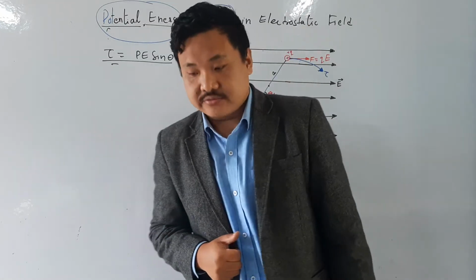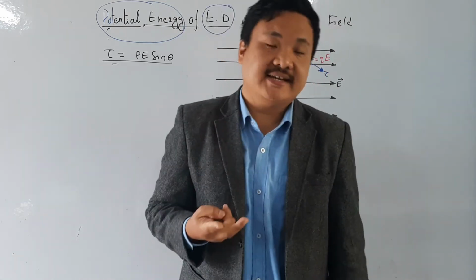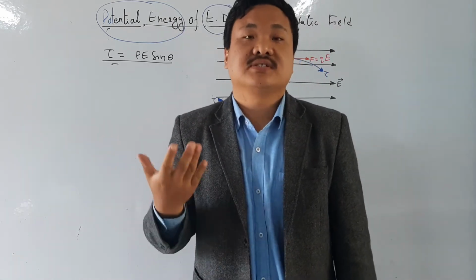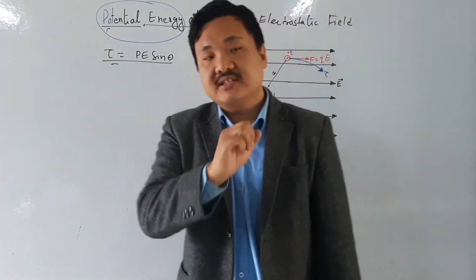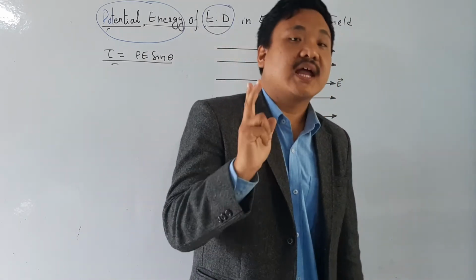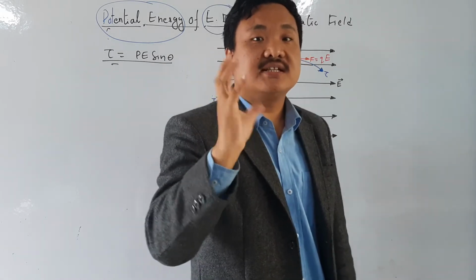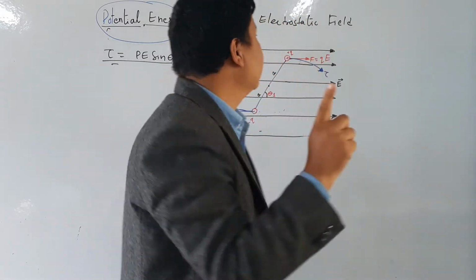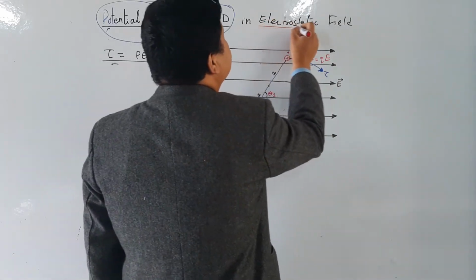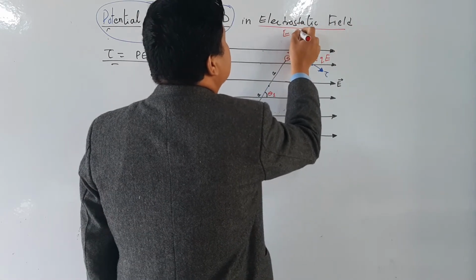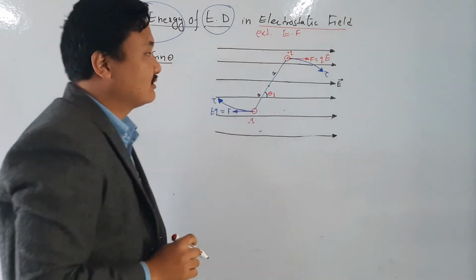In the last lecture, we calculated the potential energy of two charges in an external electrostatic field or in an external electric field. Now in this lecture, we consider a dipole and we want to find the potential energy. Okay, potential energy of dipole in electrostatic field. Please remember, electrostatic field, you can also write this as electric field, or you can just also write as E external, external electric field.